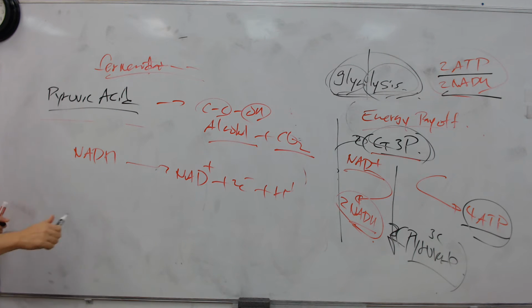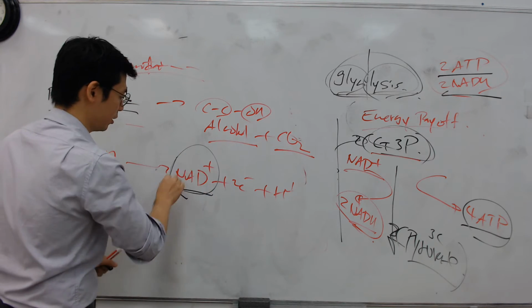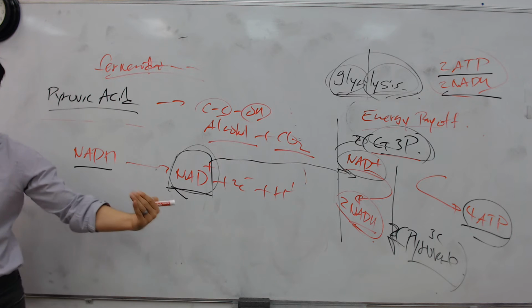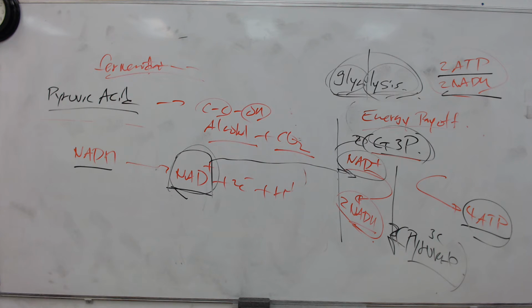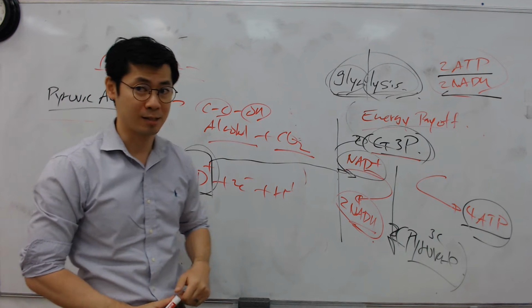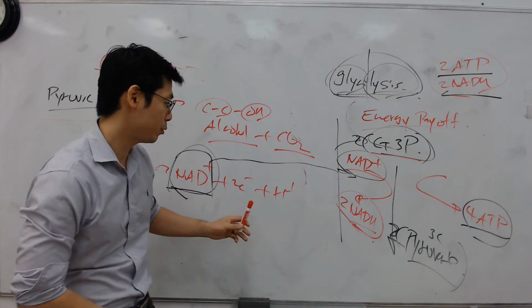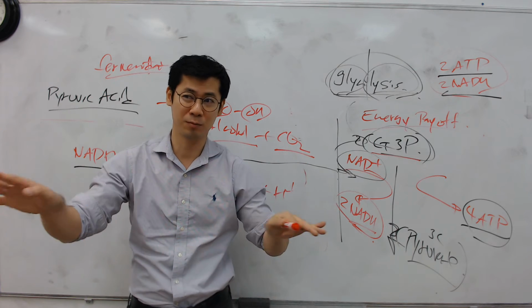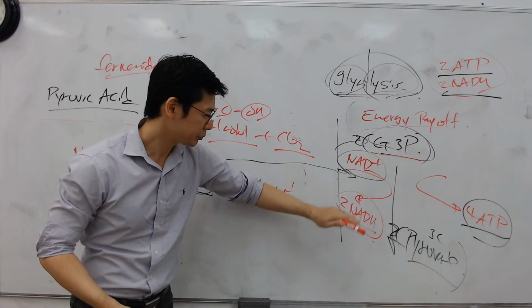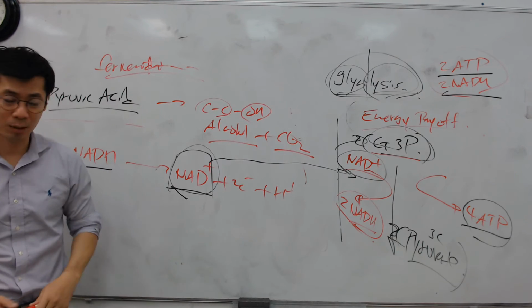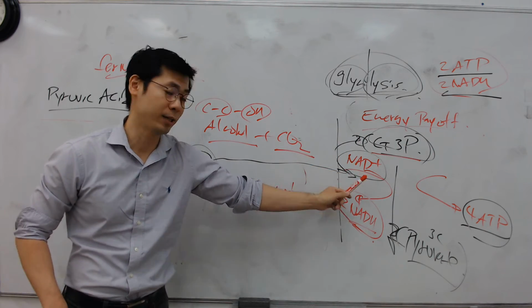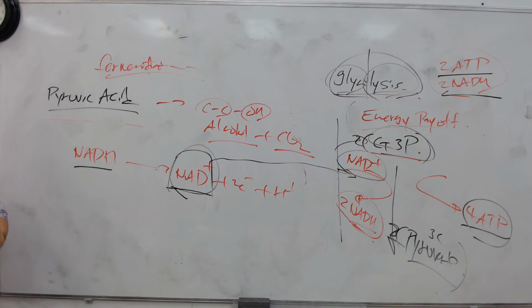So by doing fermentation, what are you doing, guys? You're turning it back into NAD plus. Why? To replenish the NAD plus to run the next glycolysis process. So the fermentation process is not something that produces ATP at all. This is the alcohol that we utilize to make bread and drinking alcohol, not for you guys right now. But why do they do this, guys? Because they return NADH into NAD plus. That's the main purpose of this.